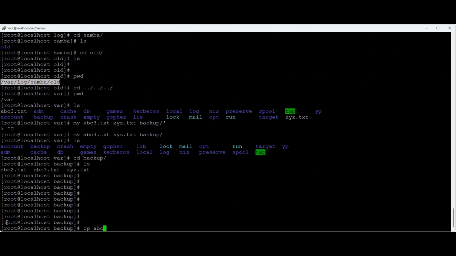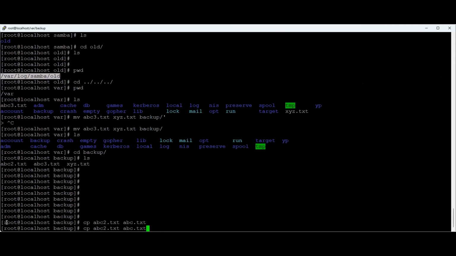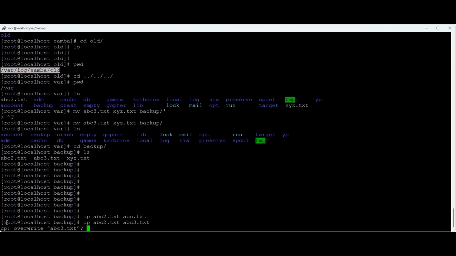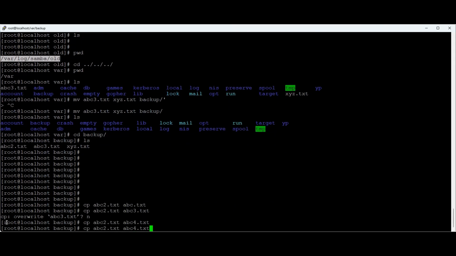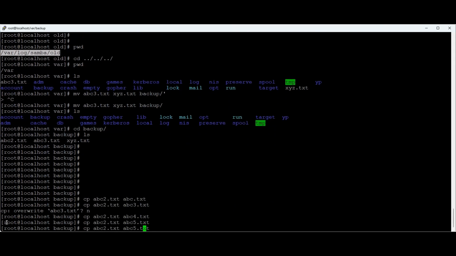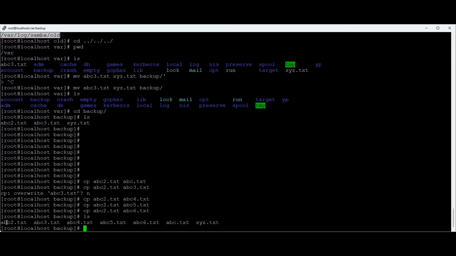Now cp abc 2.txt with abc.txt and 3. Okay, now it already exists. 4.txt, 5.txt, 6.txt. Okay. One more thing, as an administrator, if you want to edit some file, some configuration file,